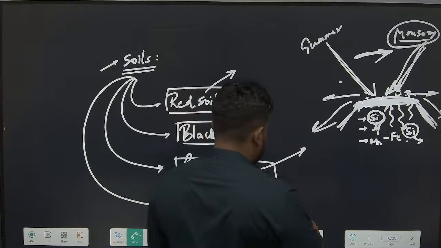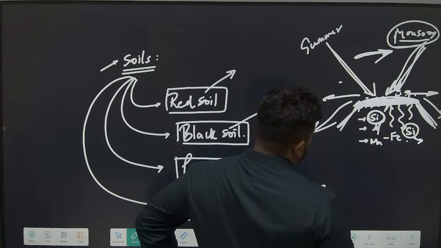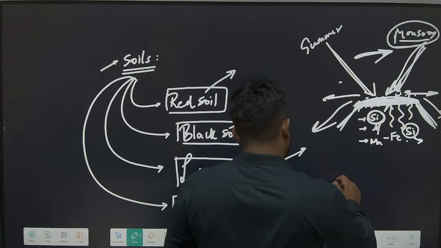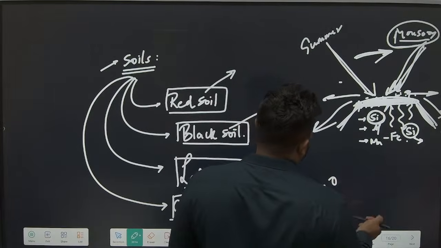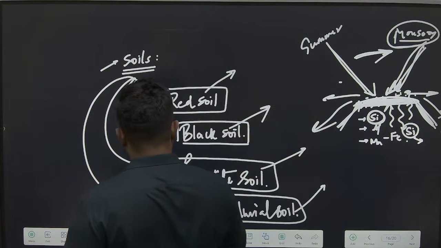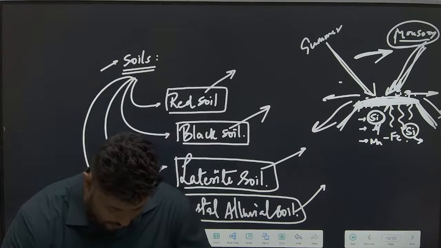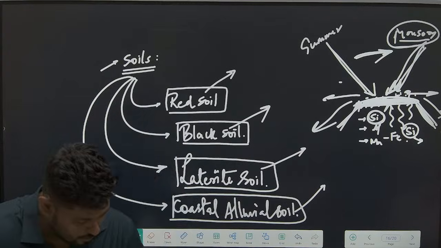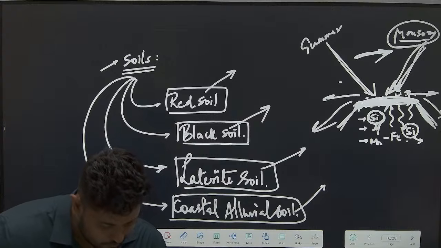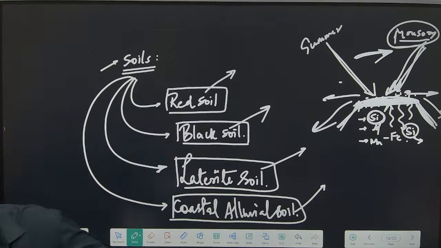And coastal alluvial soil, river-based deposition, these zonal soils, they will have that organic content, they will have that mineral composition and so on taken from it. So please study, please go through what are the crops that are possible. Okay? Study about what the crops are. I cannot go through that.